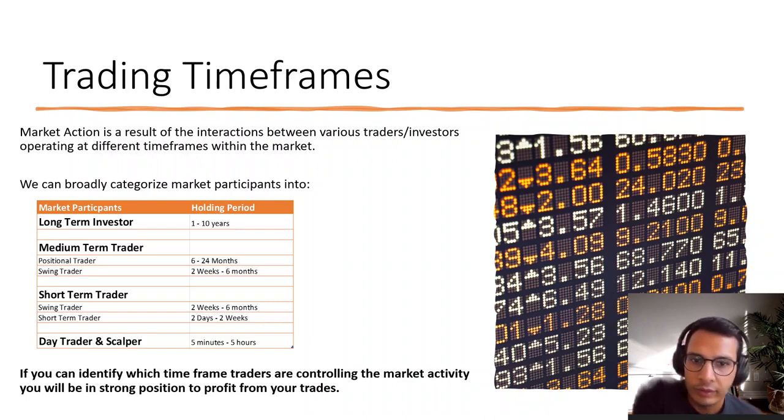So for you, the first step is to clearly define which kind of trader or investor you are and which time frame you want to operate in. Once you have established this, then it is important for you to identify what other traders in your time frame are doing at that particular time in the market, and this will help you to successfully align with them. If you align with other traders who are operating within your time frame, the odds of your success dramatically increase. So we will discuss this with examples going forward.